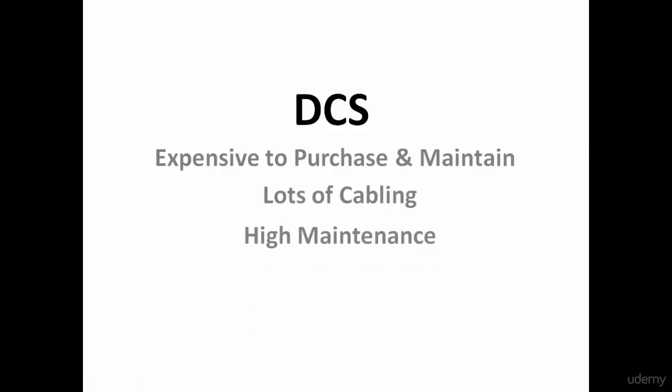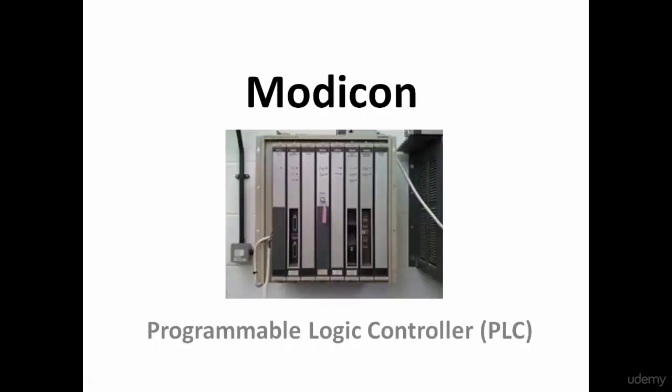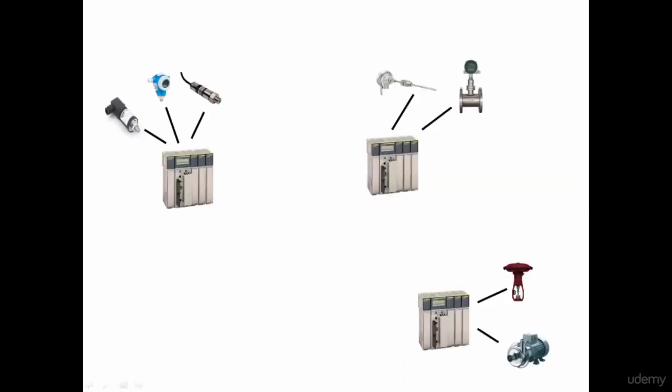So, in an attempt to reduce these costs, a company called Modicon invented the first programmable logic controller, or PLC. PLCs were much cheaper but very powerful control system devices that could be located at different points in the plant. They were cheaper to purchase, install, and operate, and also resulted in a drastic reduction in cabling in the plant, hence cost, because every sensor and actuator only had to be wired back to their local PLC